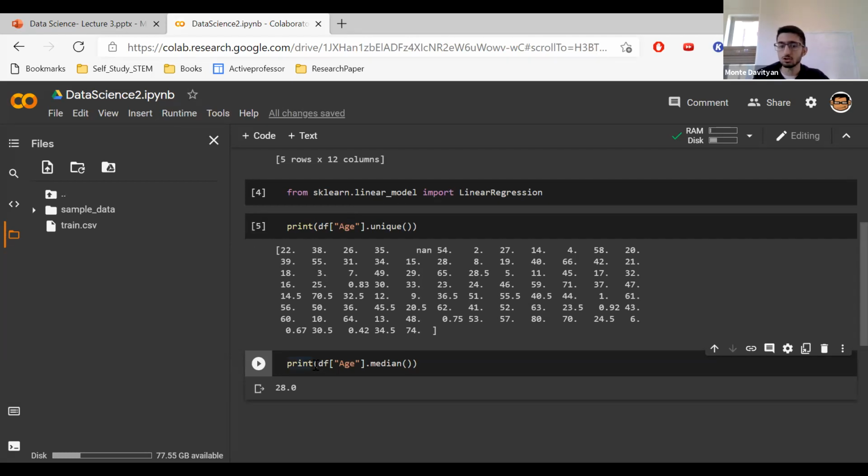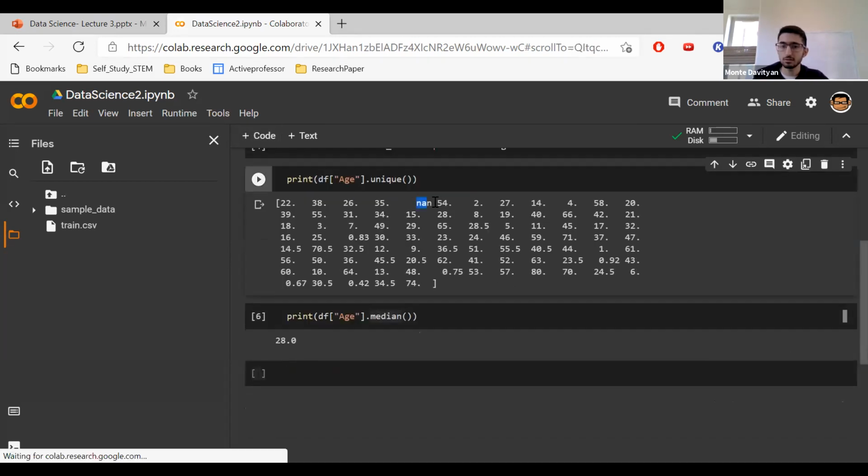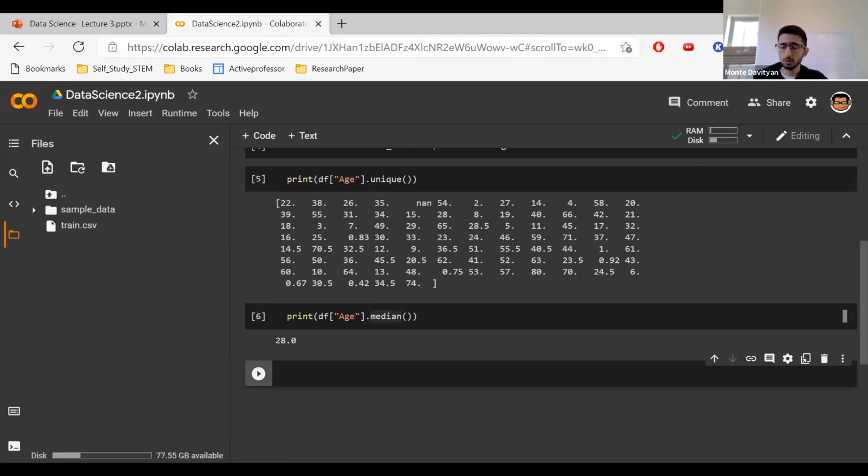All right, so how do we fill every single null value with the median? We're going to do df['age'], and this accesses the age column. I want to set that equal to df['age']